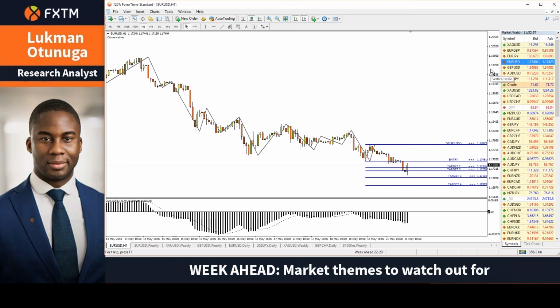So this is the euro dollar right here. The euro dollar, as we said earlier, is heavily bearish. It's not only the fundamentals that continue to impact the euro dollar, but the technicals as well. FXTM trading signals on the hourly time frame show consistently lower lows and lower highs. Prices on the MACD are trading to the downside. So what the FXTM signals are suggesting is,